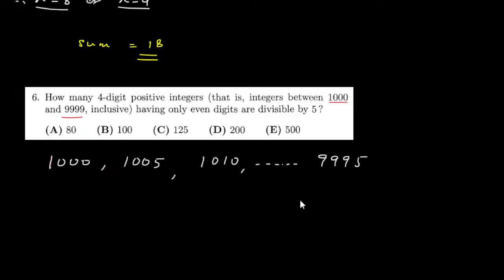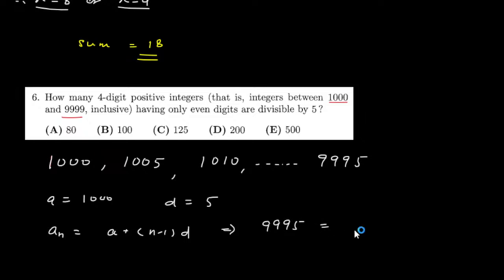Okay, even as well as odd digits possible. So if I find out the total number of digits, then for that a is 1000 and your common difference d is 5. So if you have to find n, you use the formula an is equal to a plus n minus 1 times d. This is an arithmetic progression. So this will imply that